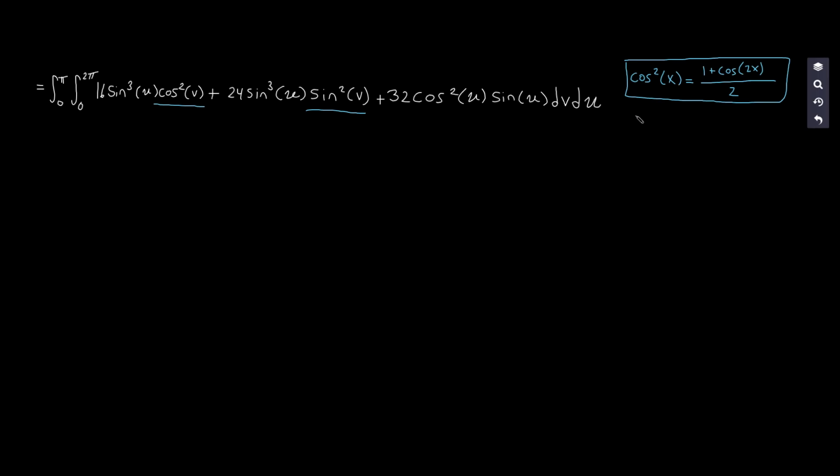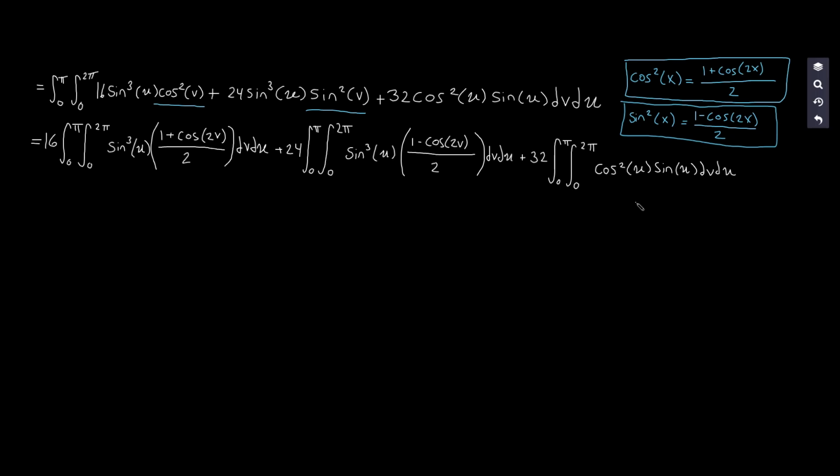Then for sine squared of x, that's going to be 1 minus cosine of 2x. And then, like we talked about, I'm going to apply the linearity rule and the constant multiple rule. Okay, so we have 16 times the integral from 0 to pi times the integral from 0 to 2 pi